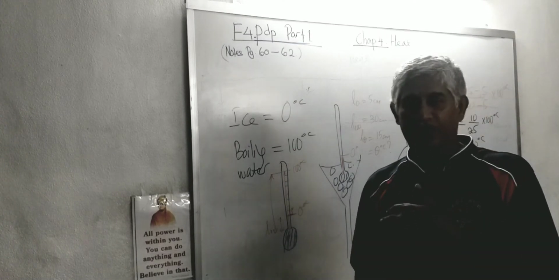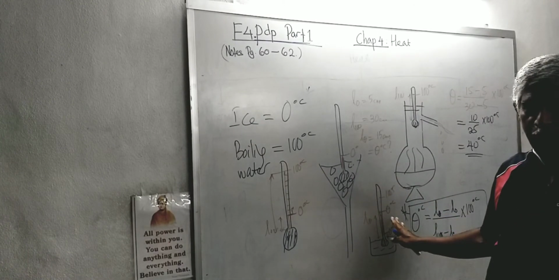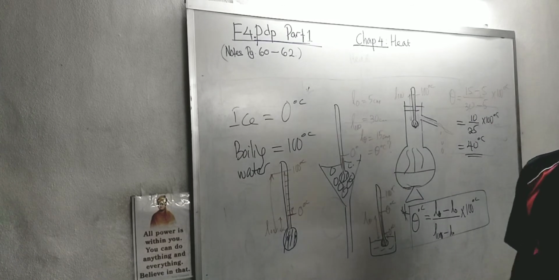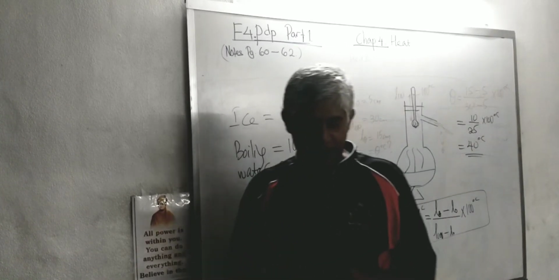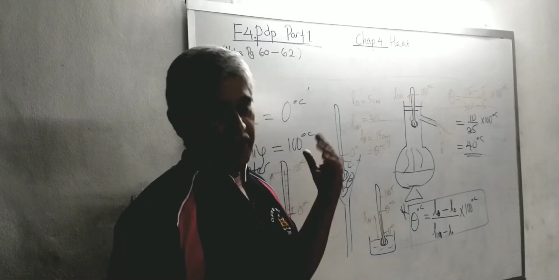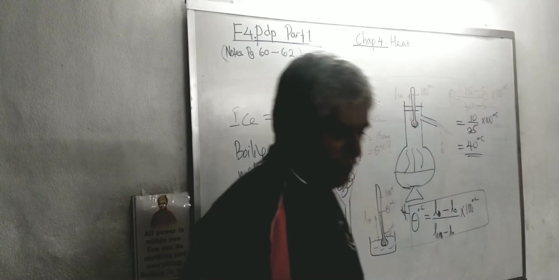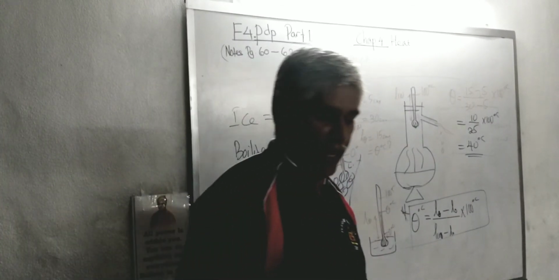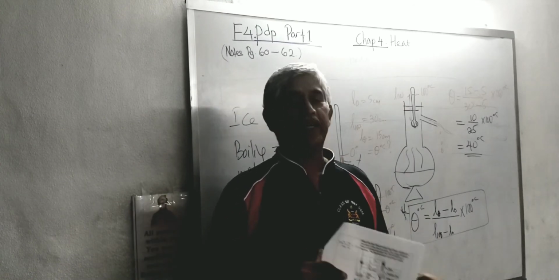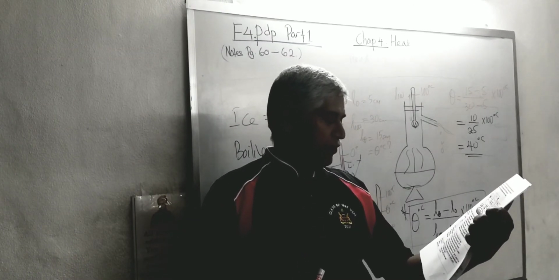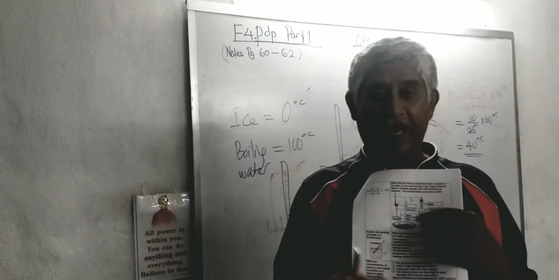So this is how you do the solution for application of the thermal equilibrium concept using a thermometer. That's the part we are covering today. So please refer to your notes from page 60 to 62. It's all there in detail. Then one last part they discuss is how to increase the sensitivity of a thermometer and why they choose mercury. It's already explained here.